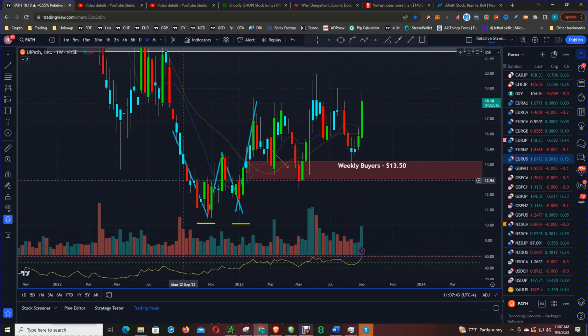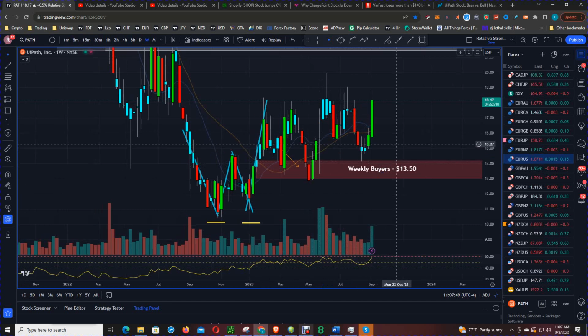En route to forming this W pattern, price formed a weekly bias level at 13.50. Price came back, penetrated the zone more than 50% and got a bounce. However, this bounce could not take out the pivot high to the left. So when price came back, it penetrated and closed slightly below the bottom of the zone before finding buyers